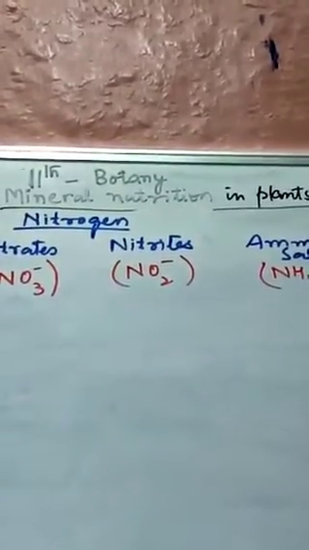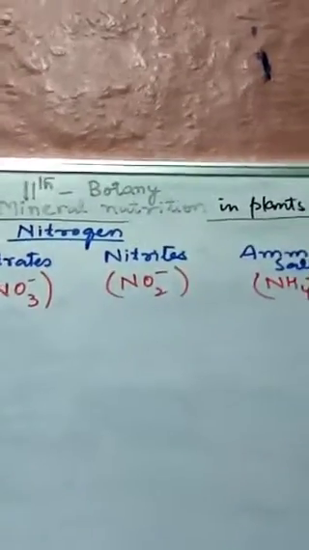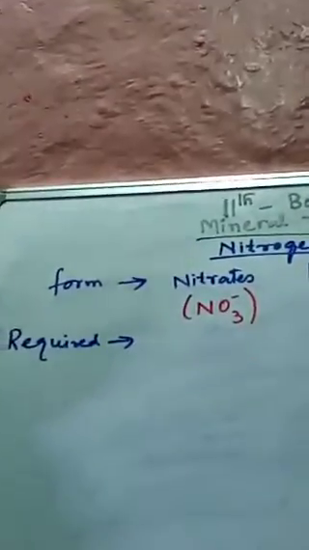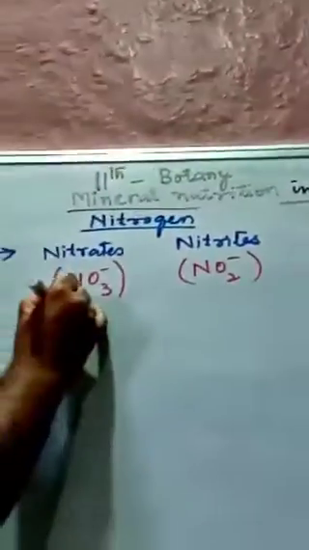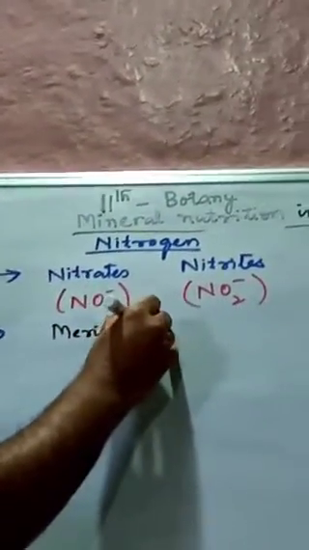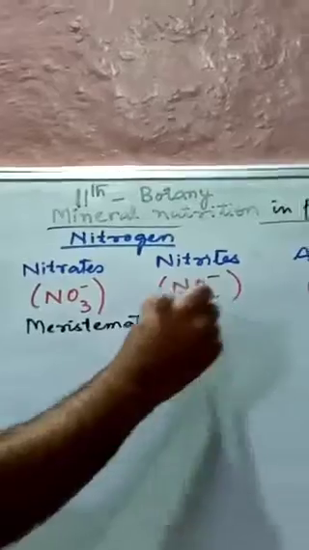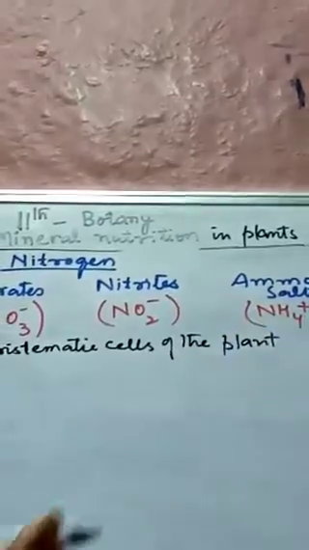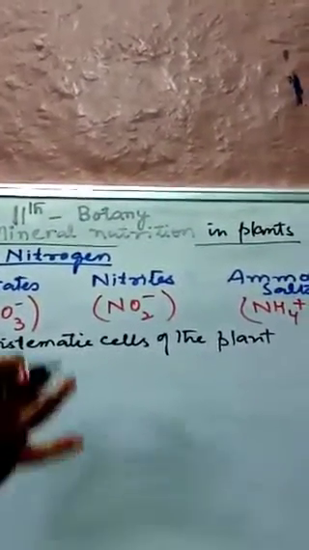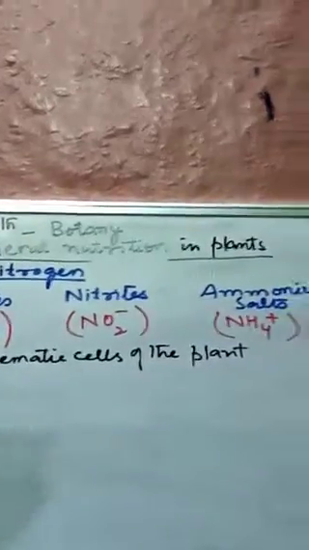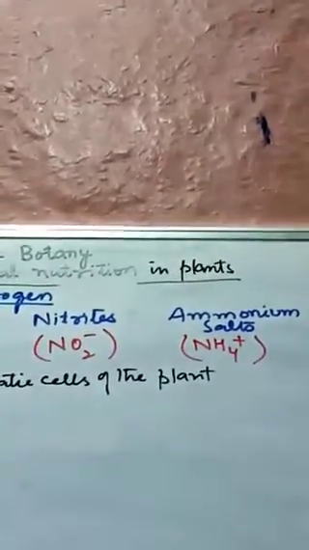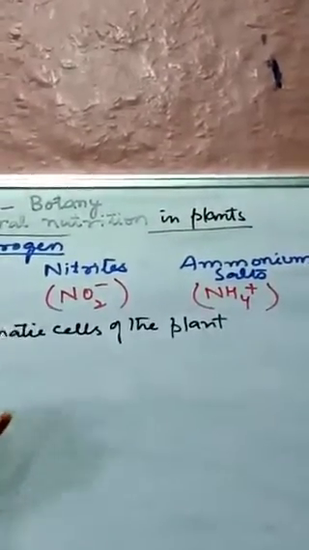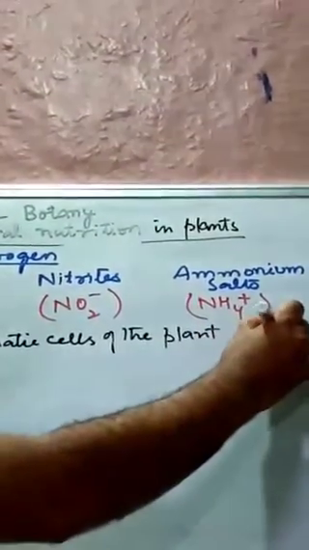Now where they are required, this nitrogen is mainly required in all the meristematic cells of the plant. Meristematic cells, which you already know, are those cells which are always in the state of division. They remain in the state of division, or we can say this nitrogen is required in all the meristematic cells of the plant, and in those cells